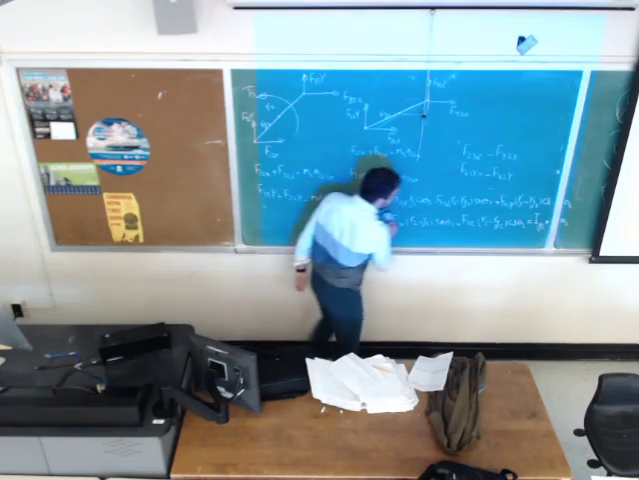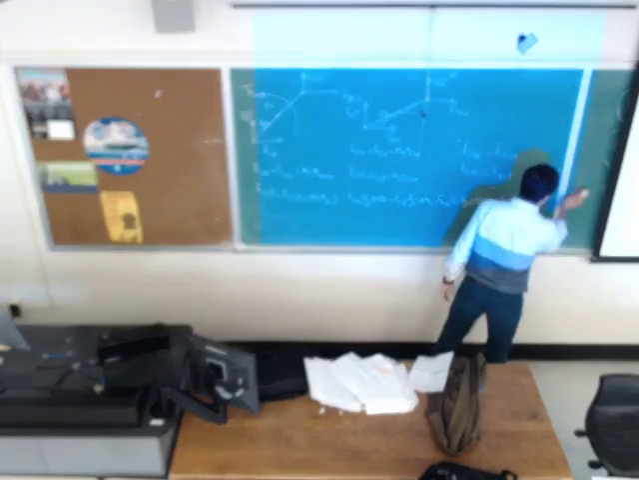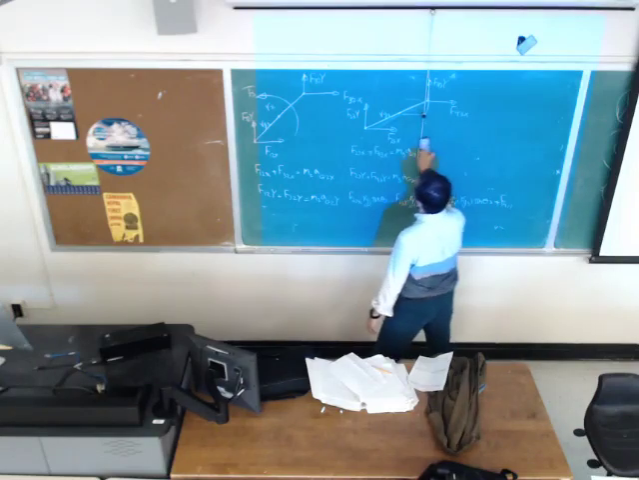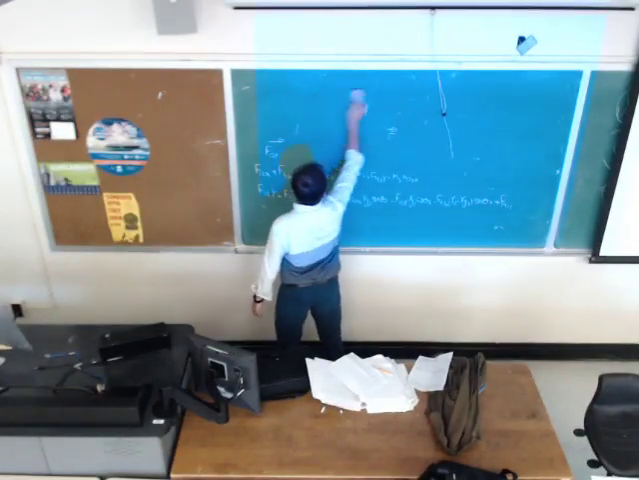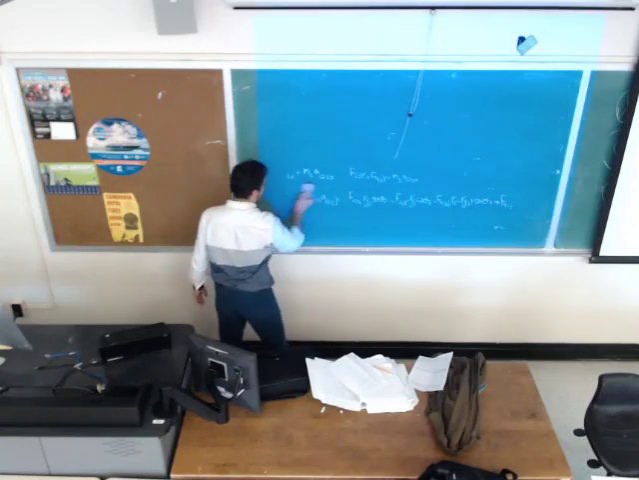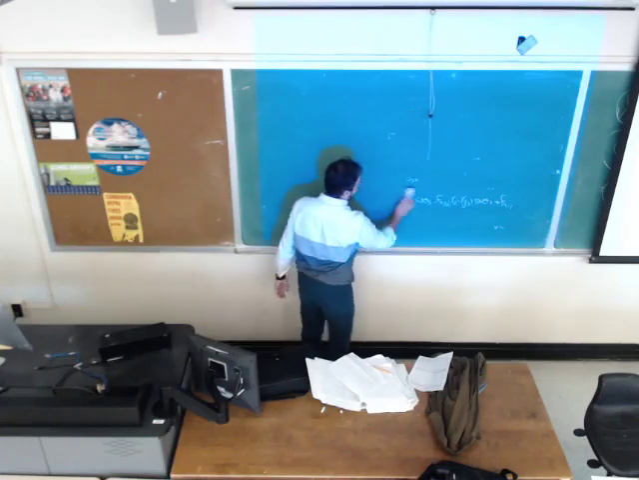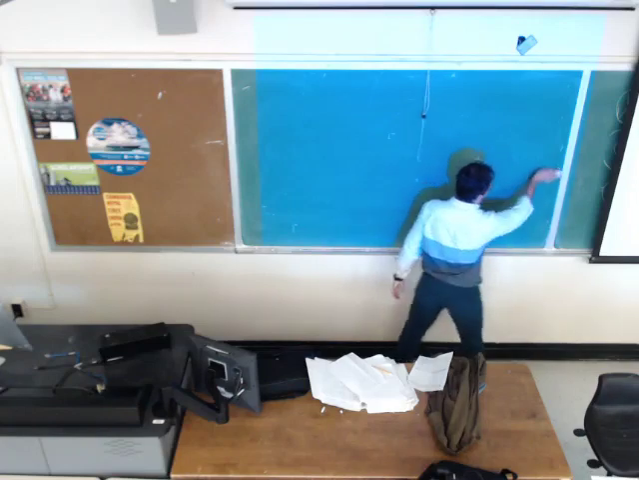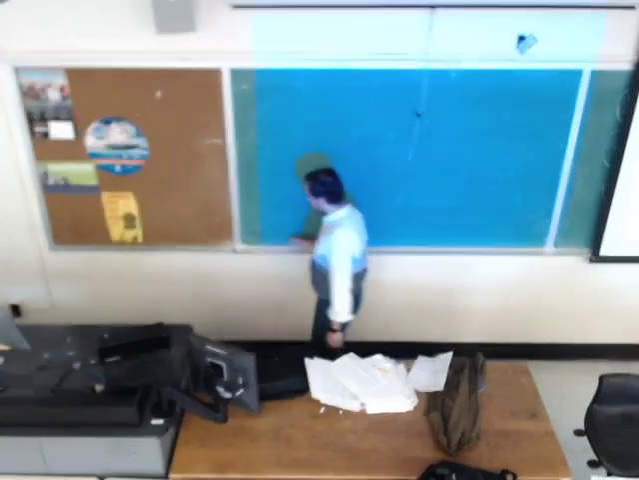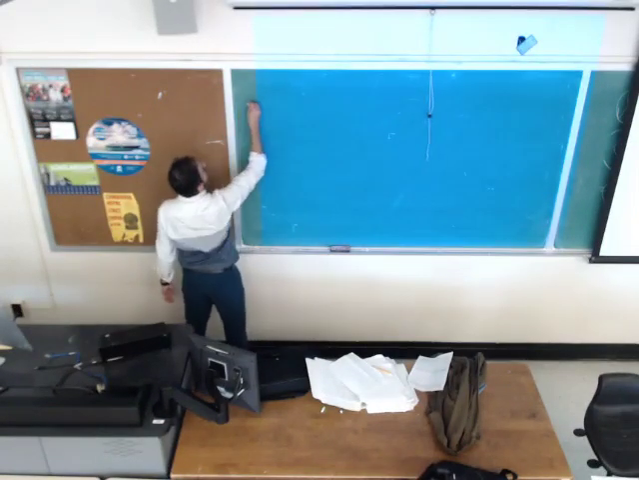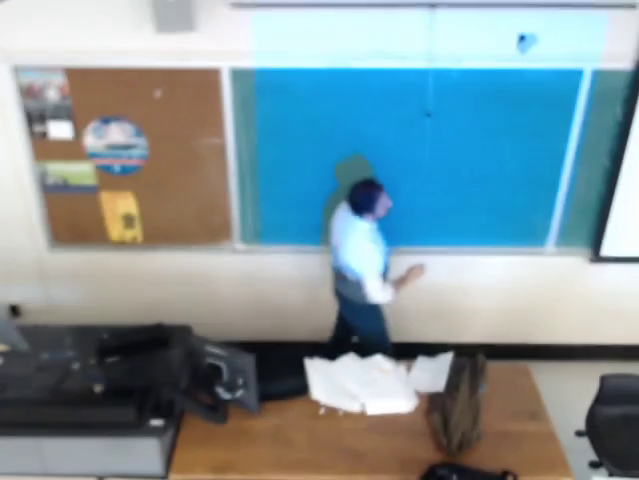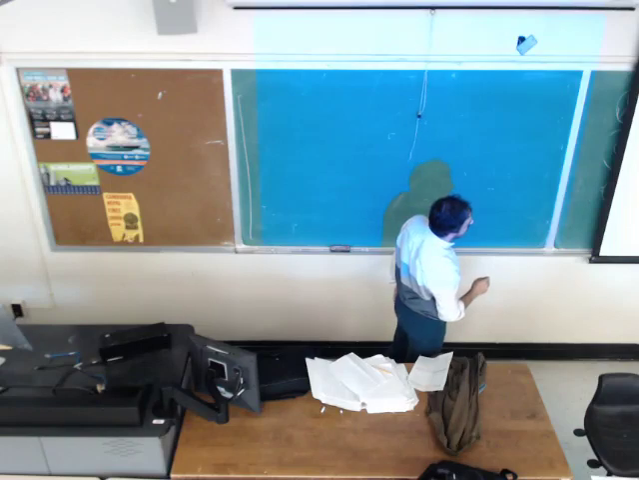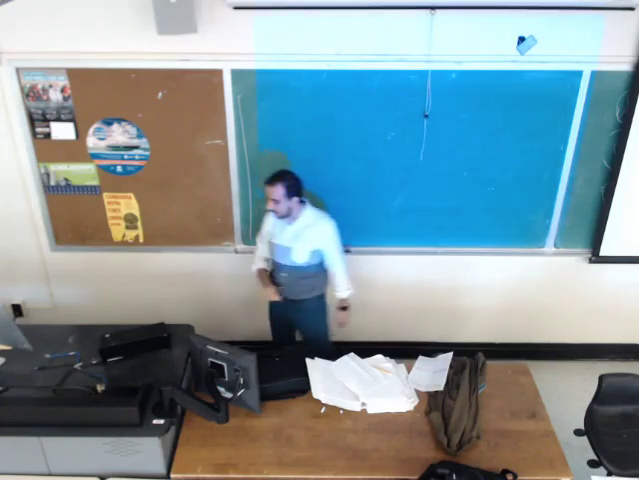I'll keep this slide and I'll get rid of this equation because I need the entire board to write this system of equations in matrix form. We have 9 equations. So I should have